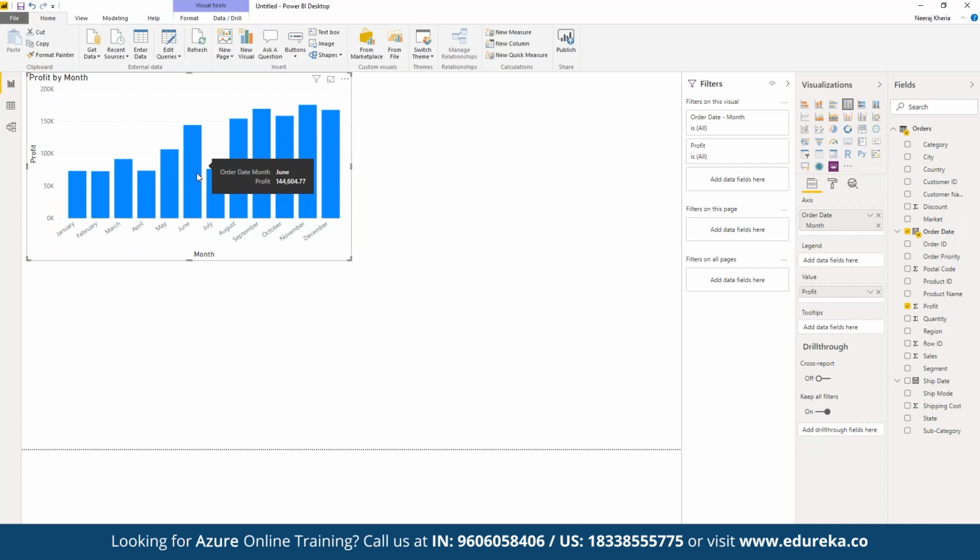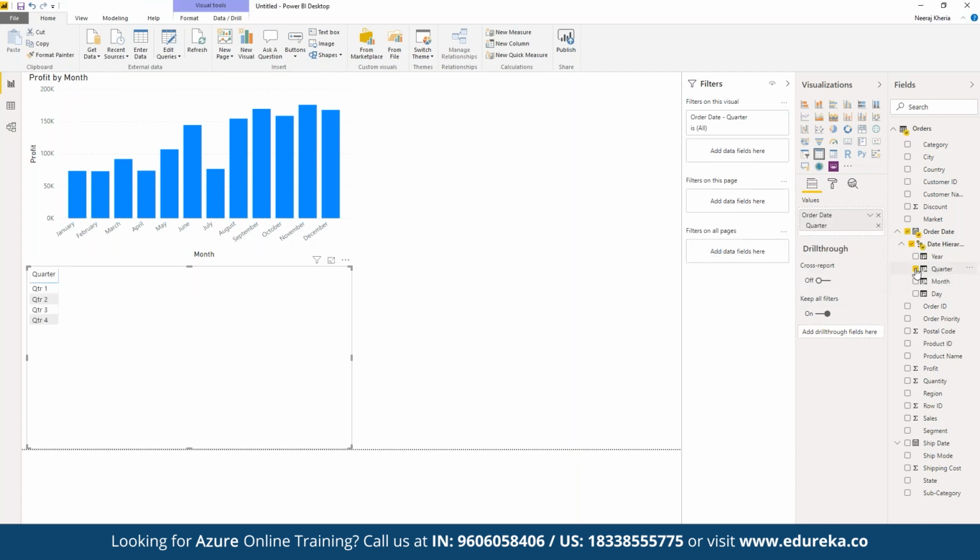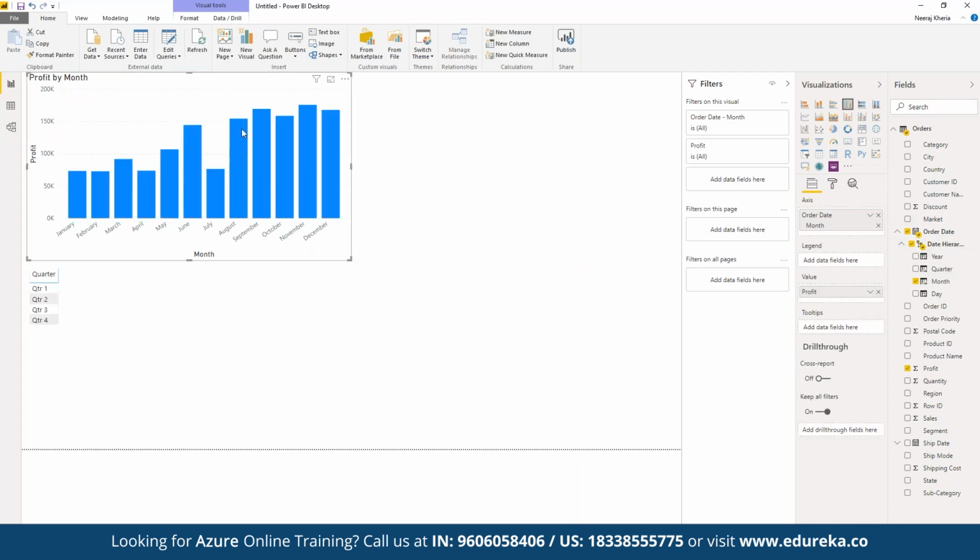So we can see which month has performed really well and which month has not been able to meet the current expectations. We can see the entire report here. Now let's say we want to work on the date hierarchy itself. For example, suppose we want to work on year, quarter, month. Let's say we want to display the quarter. So here we have this quarter data set, and now we want to display another table for quarter. We can choose that, or suppose we want to work on this table only.